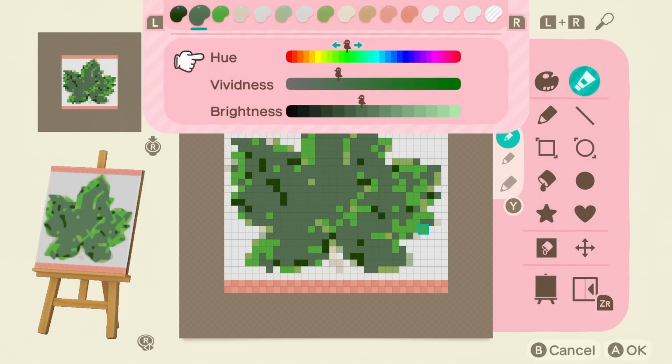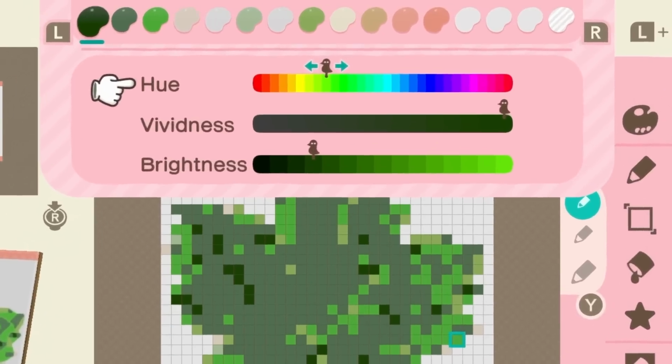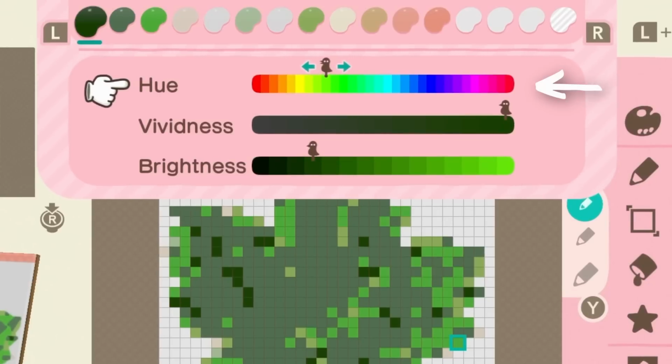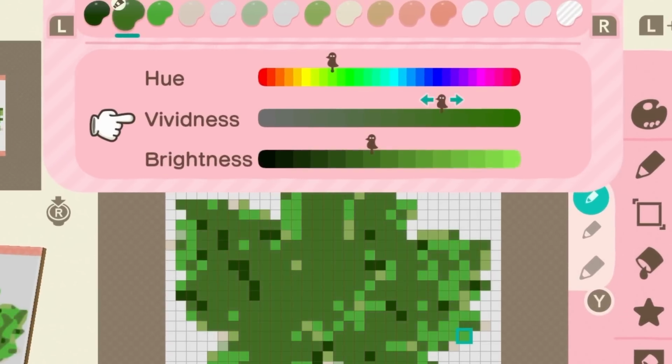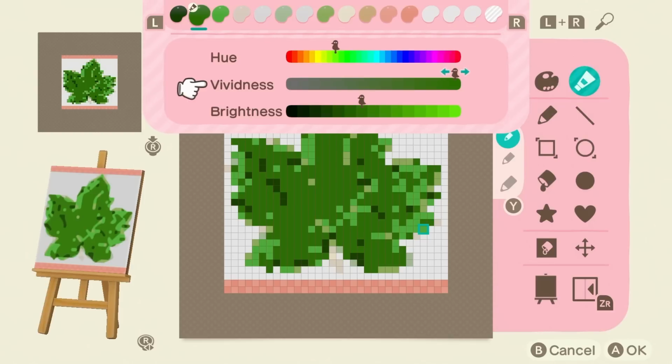When making a custom code, there are 3 sliders that you need to pay attention to for each color: hue, vividness, and brightness. All of these sliders need to be moved to make the color you want, and this is where I was getting confused with where to start. To explain each of these sliders simply, hue is what sets the color vein that your color will be in. Vividness is the saturation levels of the color, so if you want your color to be richer, you push your vividness to the right, and if you want there to be less color there, you push the slider to the left. Brightness then lightens or darkens the color that you have chosen.